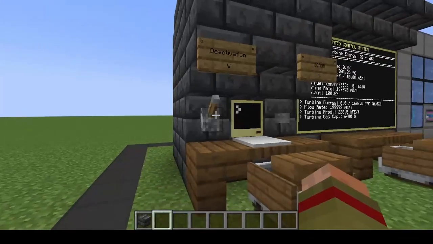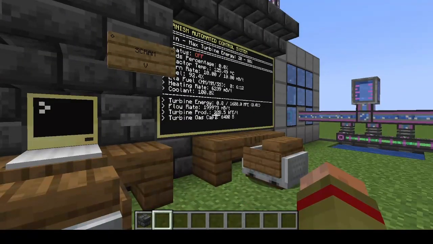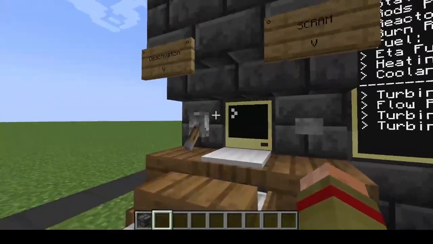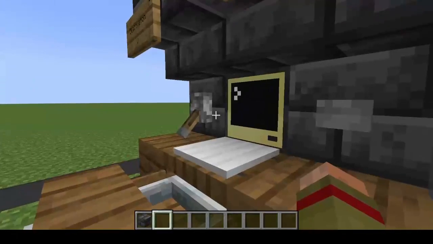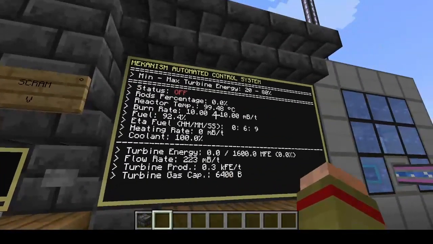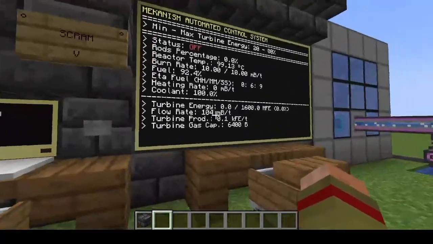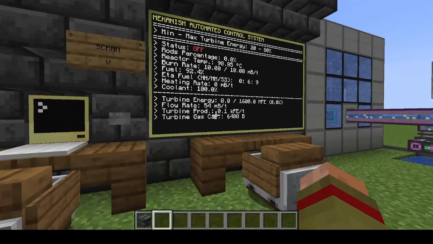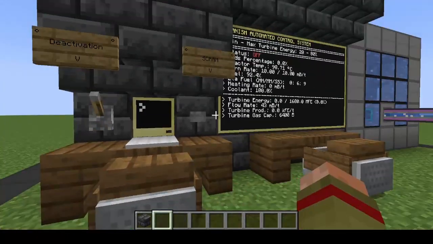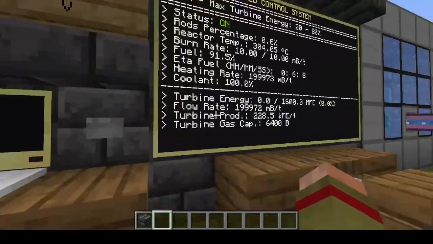So the deactivation, it's just this. As long as you keep a redstone input, whatever the signal, on this side, the reactor will remain shut down. But as you can see, it updates because you don't stop the program. If you toggle the input, it just